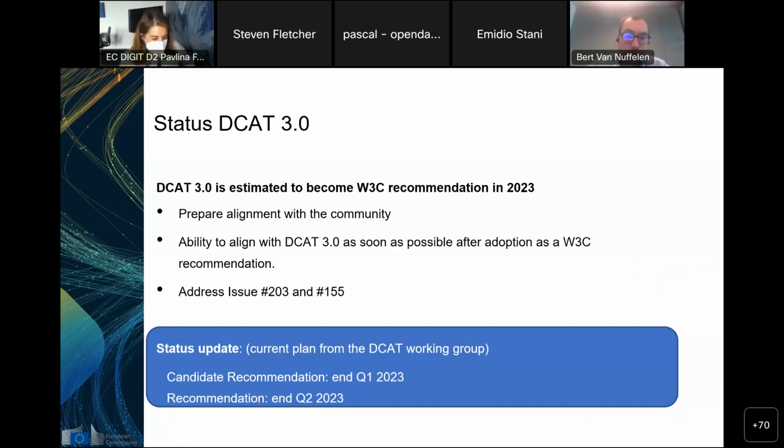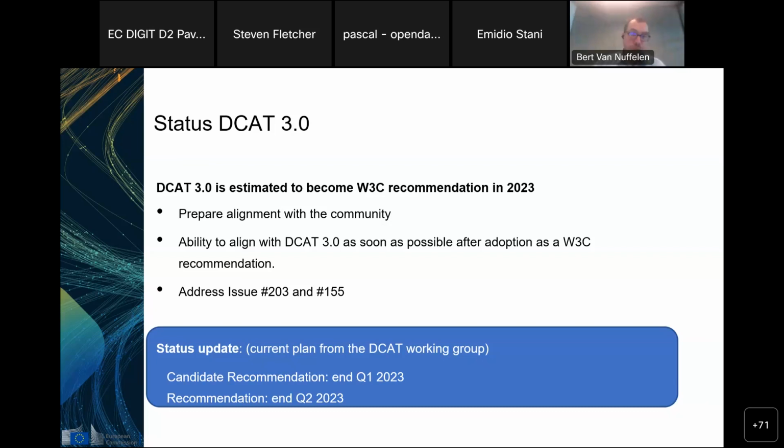In this webinar, we first want to give the broader context. We have been in touch with the W3C working group on DCAT, and they have given us insight into the planning for releasing DCAT 3 as a recommendation. This is information that we received just recently. The current plan is that there will be a candidate recommendation at the end of Q1, so around April, and then at the end of Q3, just before the summer, an official release of DCAT 3